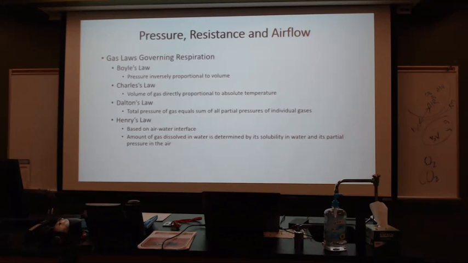As it makes the circuit around the body, it may only drop 1 oxygen off. It still has 3. So as it comes back to its circuit in the lungs, it only has to pick up 1 oxygen,